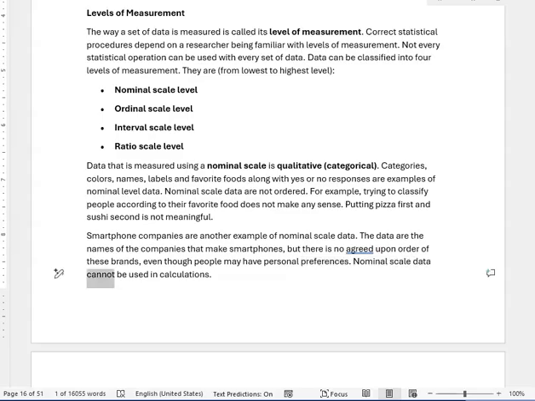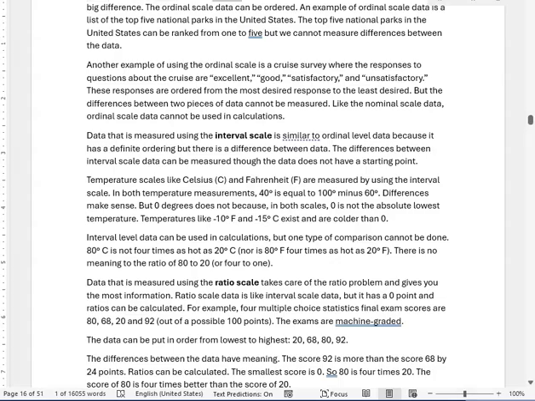Nominal scale data cannot be used in calculations. Data that is measured using an ordinal scale is similar to nominal scale data, but there is a big difference. The ordinal scale data can be ordered. An example of ordinal scale data is a list of the top 5 national parks in the United States. The top 5 national parks in the United States can be ranked from 1 to 5, but we cannot measure